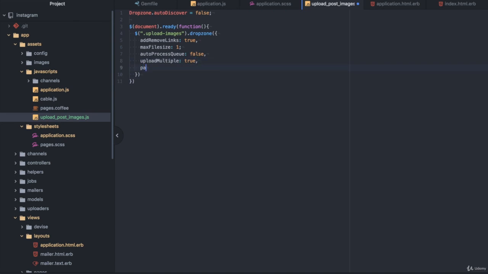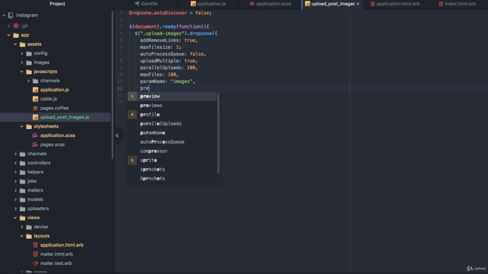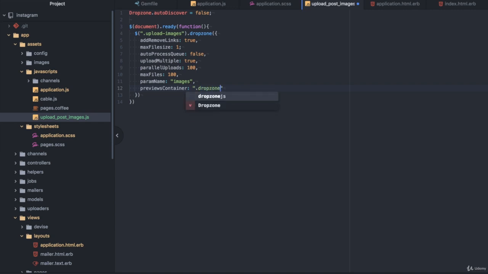That means we can pick multiple files. parallelUploads 100 files at once, and maxFiles we can pick is 100. paramName image, our params in the controller, previewsContainer dropzone-preview, clickable upload-photos-icon, our icon, thumbnailWidth 100, and thumbnailHeight 100. This is the preview size of the image,